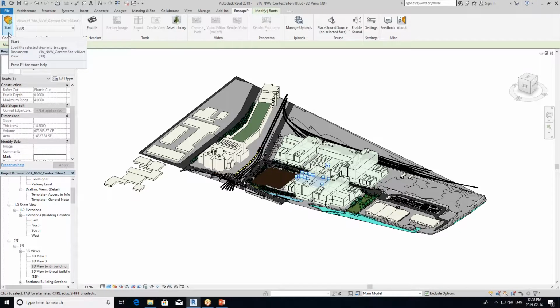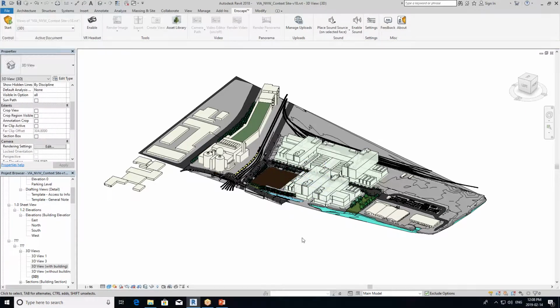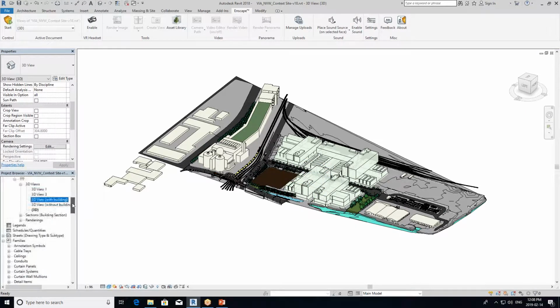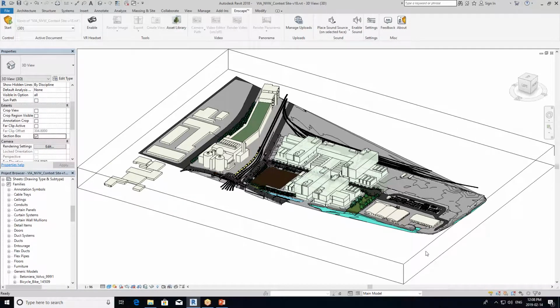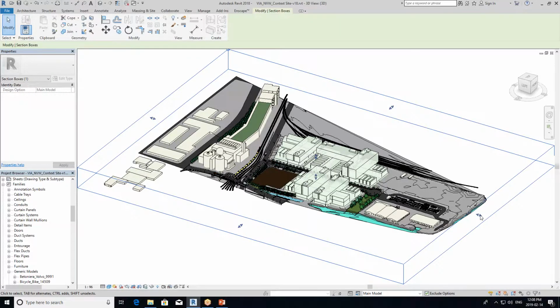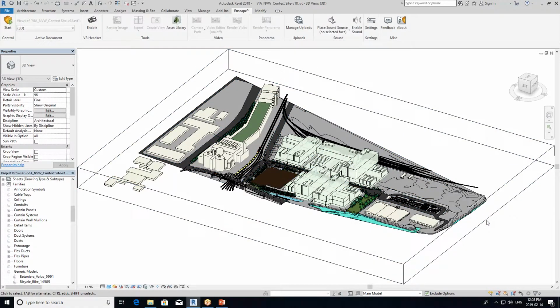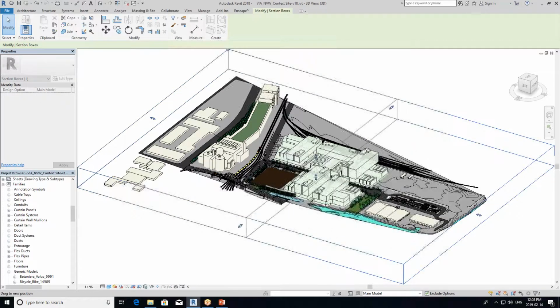Now, if you want to enable Enscape, just click on this, and then it will generate that. So now I'm just going to pick a small space, right? I'm just going to turn off the scope box. Also, it works with scope boxes, so whatever you cut, Enscape will follow suit. So let's say, for example,